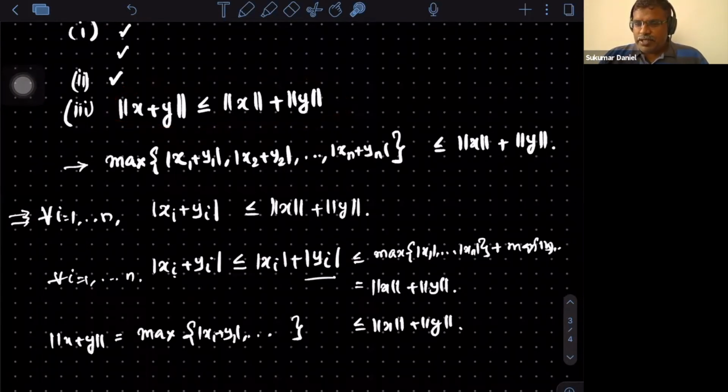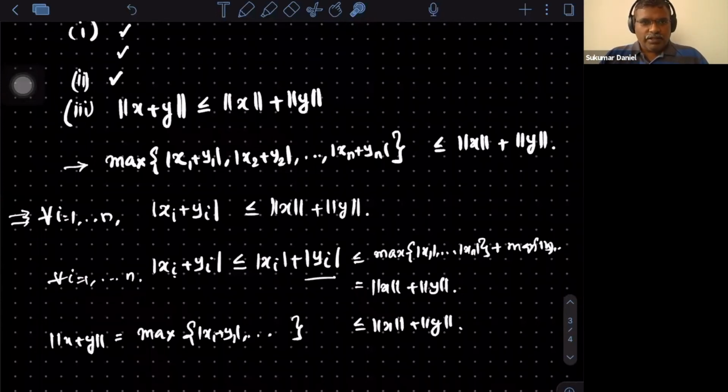That means look at the norm of x plus y. That means the maximum of these coordinates. That is going to be at some place, because the maximum of any n numbers is going to be one of the numbers in the set. So say this is the set, x2 plus y2. For that I know it is less than or equal to this, and hence I will get it immediately. This maximum is going to be equal to some one particular number here. So for this set, the maximum is one of the elements in the set, and hence it will work out. You can make the proof much easier.